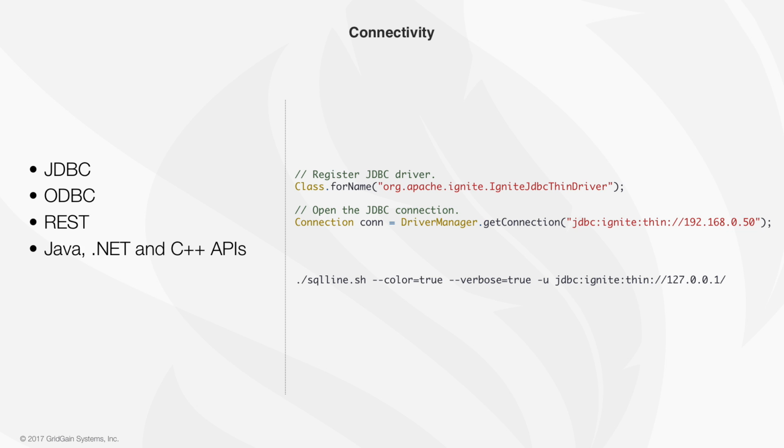And if you connect from your Java application or .NET application, you can just start a special client node, embed this client node into your application, and this node will connect to your cluster. And then right after that, you can start writing a variety of different SQL queries. However, Ignite